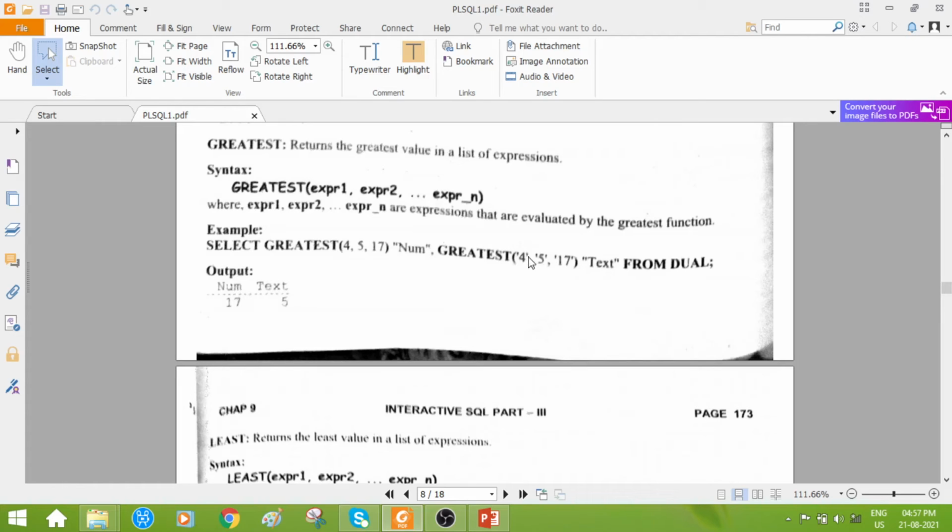As 4, 5, 17 are encoded within single quotes, their ASCII values are considered, and based on them, the ASCII code of 5 is greater than that of 4 or 17. So 5 is displayed here. Understood?